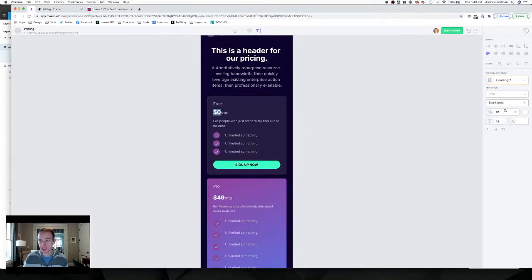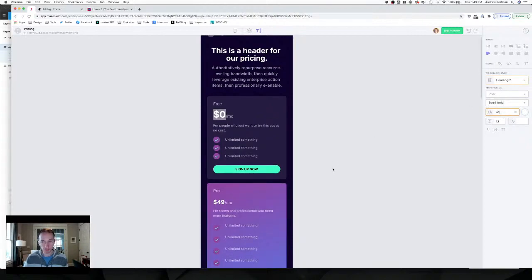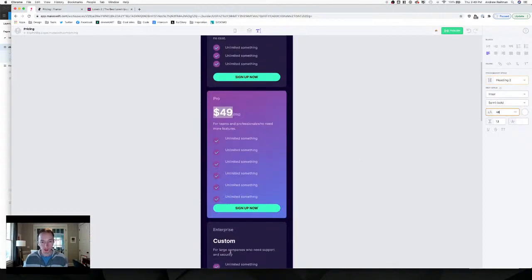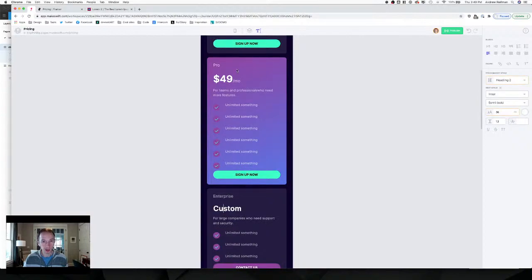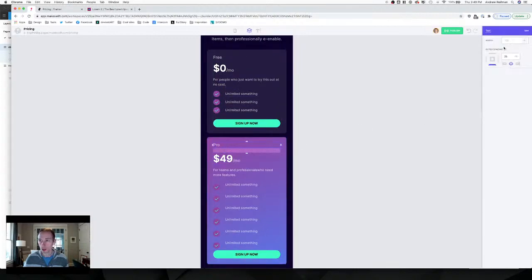I'm gonna take these numbers, I'm gonna make them bigger. You know, I might even just make them 48. Why not? Keep them the same. It looks like they've got some space. I might make the custom one a little bit smaller. Visually, you probably can't really tell. Okay, now let's go back in here and let's start removing these